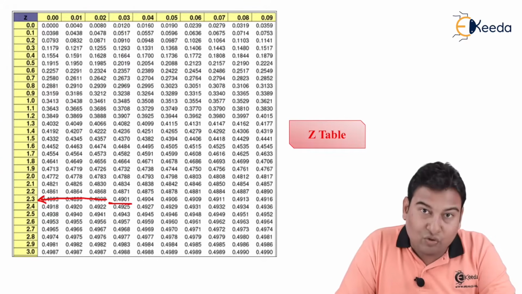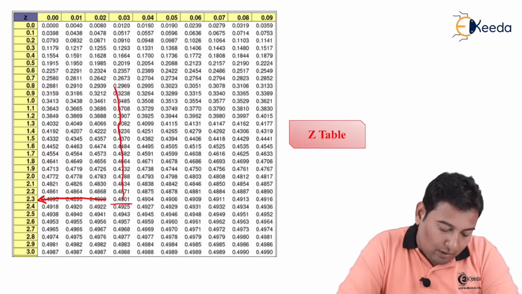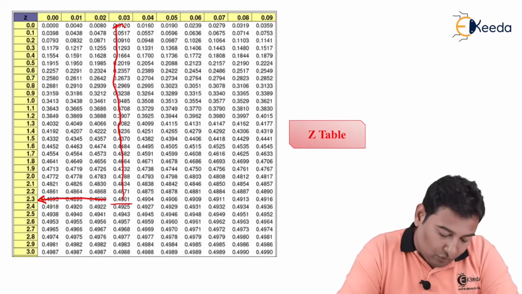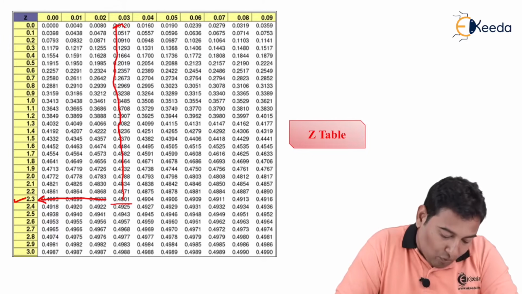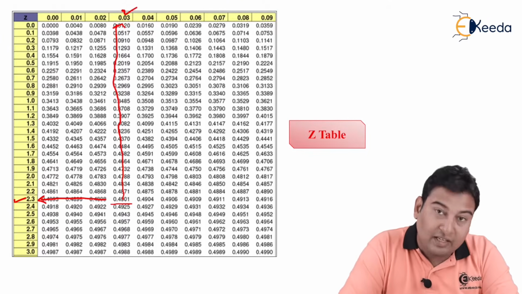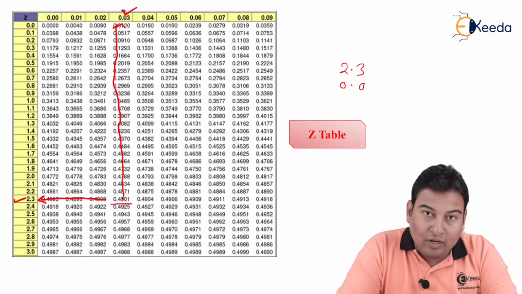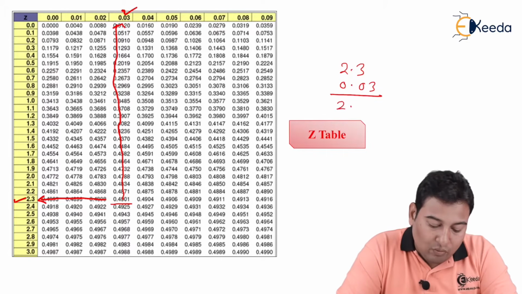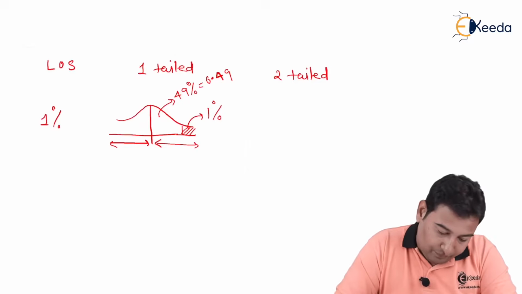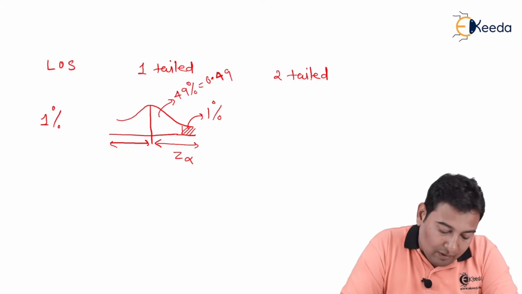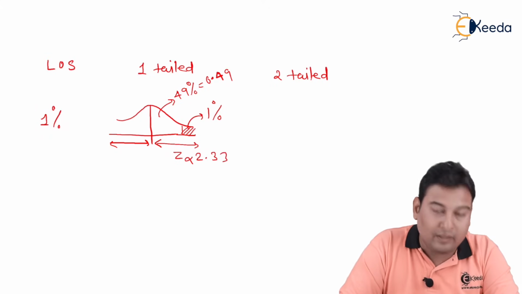We'll go this side, this is 2.3. We'll go up, this is 0.03. So 2.3 added to 0.03, you will be getting 2.33. So this is your Z alpha, 2.33.